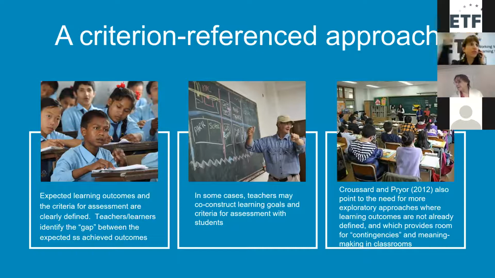As learners progress in a subject, they may also co-construct learning goals and criteria for assessment with the teacher, so it's not always handed to them, but as they get more sophisticated, or even at the beginning, they may be there talking about what the standard should be, what the criteria should be, so there's a kind of co-ownership. And then they may establish their own learning goals over time and look at how they'll assess their own progress.